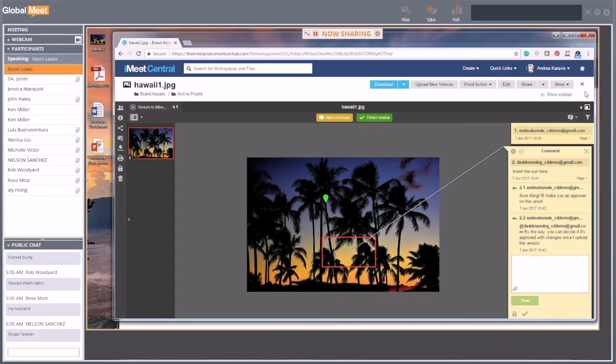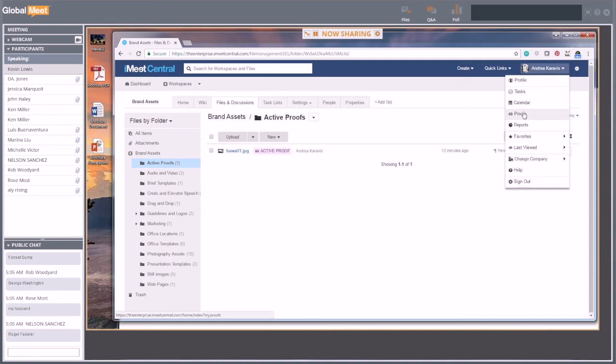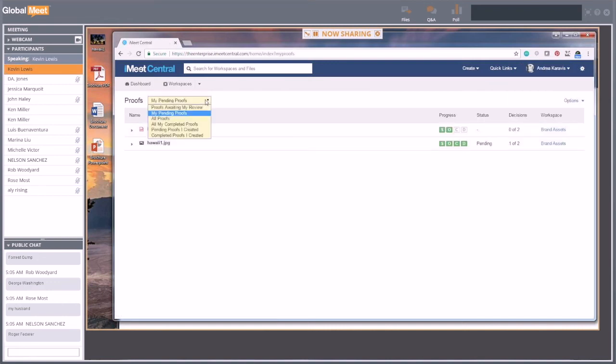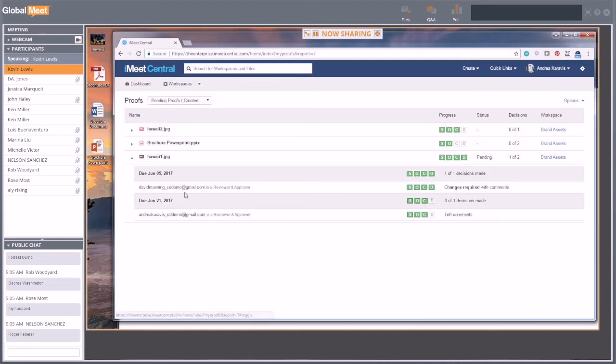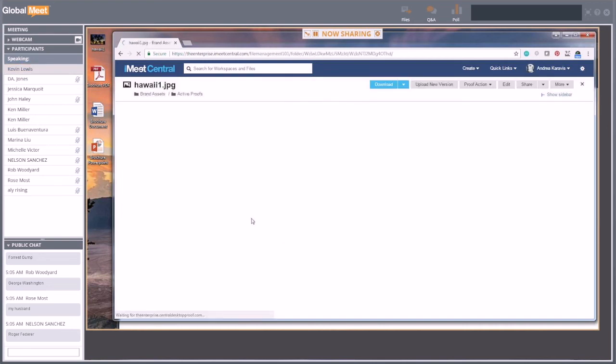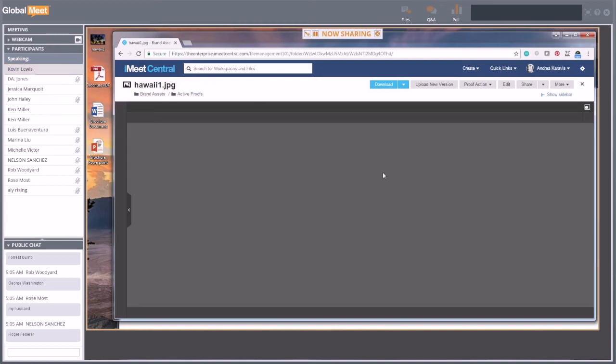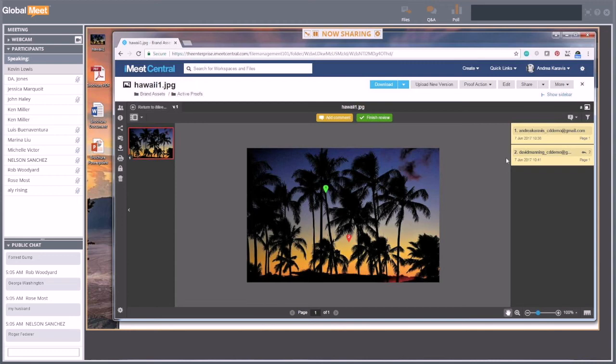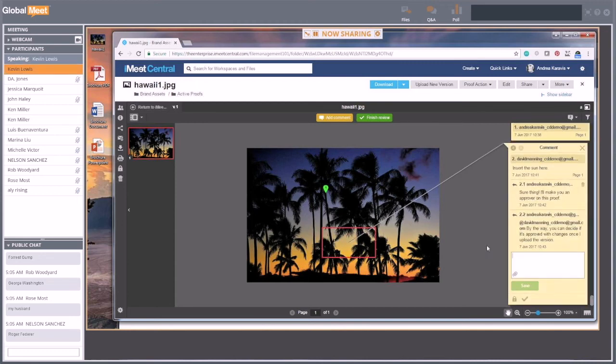Now, Andrea, on the other hand, if she goes to the My Proofs window and she goes to Pending Proofs I Created, she can expand this and she can see that David made a decision of changes required with comments. She can go in here. She can read David's comments. She sees that what David said was, insert the sun here,